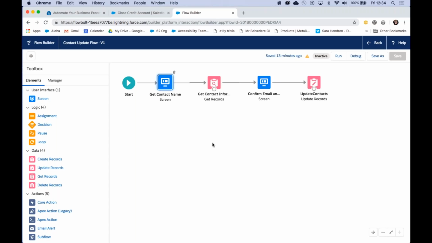Mm-hmm. Yeah, so we're looking at a component for record, and I think list would be another really good component to look at. And of course, at the moment, if you had a developer handy, you could create a custom Lightning component and include that. I don't have a timeline for that one, but I think it's a really good idea because I've seen a lot of places where we want to display basically a list of records to choose from.